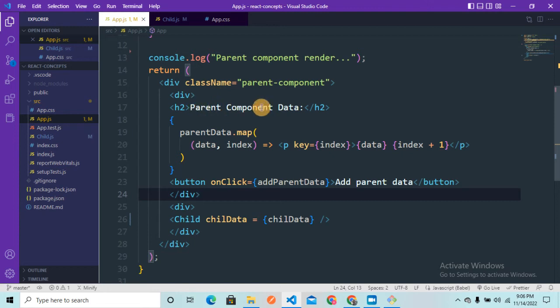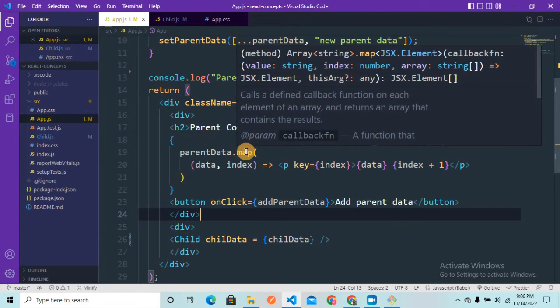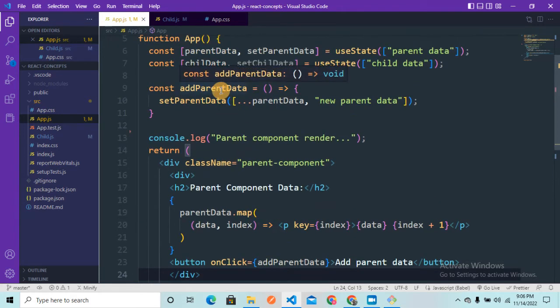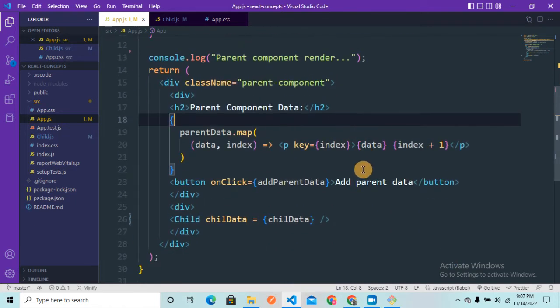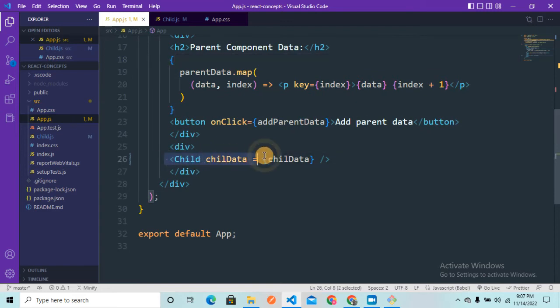In H2 we have parent component data, and whatever data is inside this parent data state, we are looping that out using the map function and rendering it on the web page. And we have a button called add parent data, and on the click of this button we are calling the add parent data function, which is adding new parent data in the state called parent data. Again the component gets re-rendered, we loop it, and we render that on the web page. And it is calling one more component called child component, and it is taking one prop,